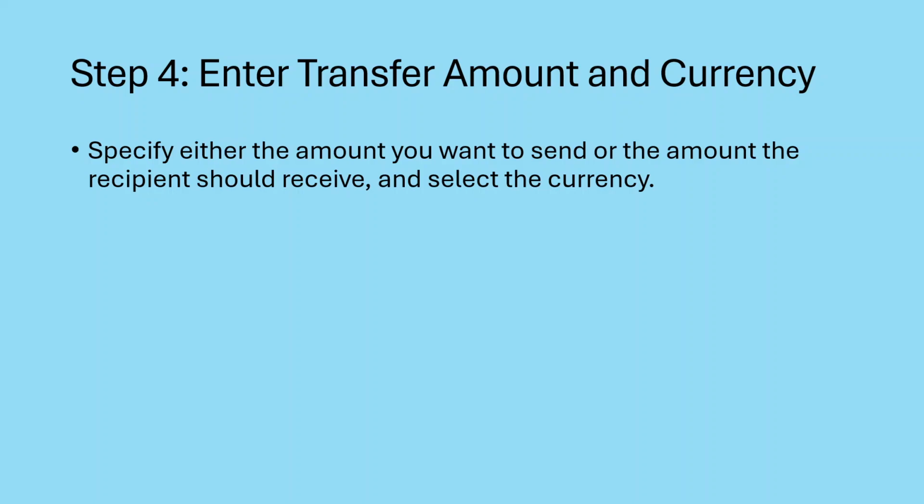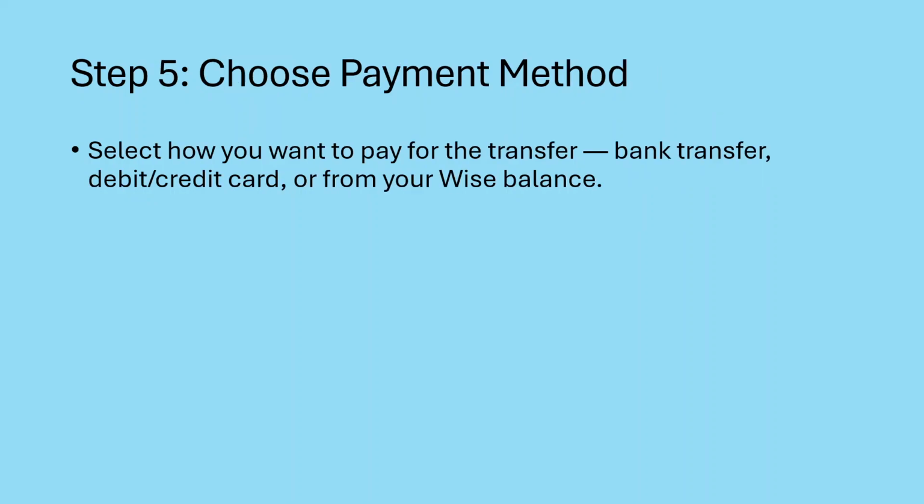Step 4. Enter transfer amount and currency. Specify either the amount you want to send or the amount the recipient should receive, and select the currency. Step 5. Choose payment method. Select how you want to pay for the transfer, via bank transfer, debit or credit card, or from your Wise